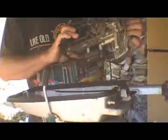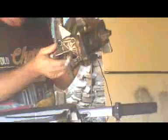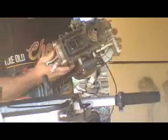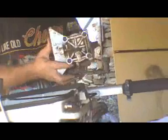And these motors split in half. So the crankshaft runs this way, the piston runs this way. Here's the spark plug. But I'll show you. Okay, here's the head. You're going to have 4 bolts that hold that head on. Take those out,